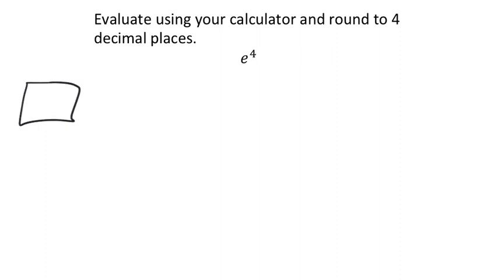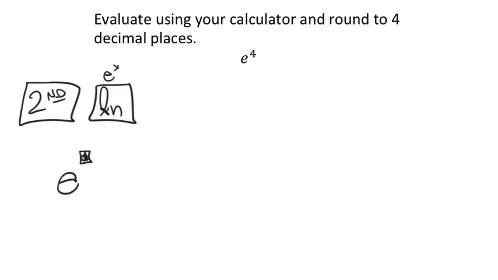We're going to type in second, and then you're going to type the ln button, because the natural log is base e, and if you look above the button for the calculator we're using, you'll see e to the power of x. When you type this in, you'll see e, and then you'll see the cursor is up here at the top. We just have to type in a 4, and then enter. Let's see what we get. On your calculator, you would see that cursor change to a 4. So we push enter,